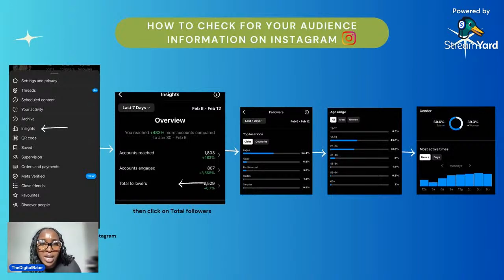And then you can see their age group. You can see that most of your followers are from age 18 to 24. Most of them are from 25 to 34. Then that's where you come in. You now say, okay, wow, I see that most of my followers are actually within this age range. I see that most of them are actually from Lagos. I see that most of them are actually from Abuja, right? And then you also see their gender as well. And one other interesting thing, you also see their active times, whenever they are active, so that you can post when they are active, right?